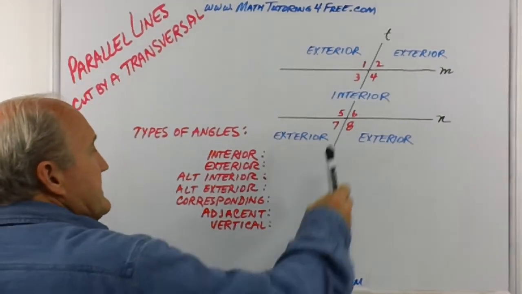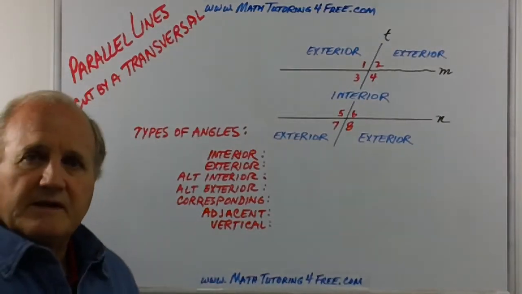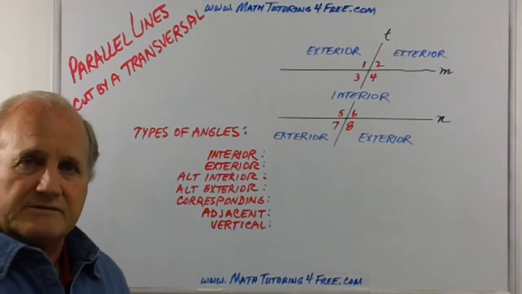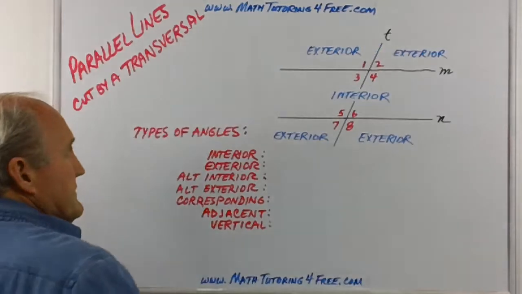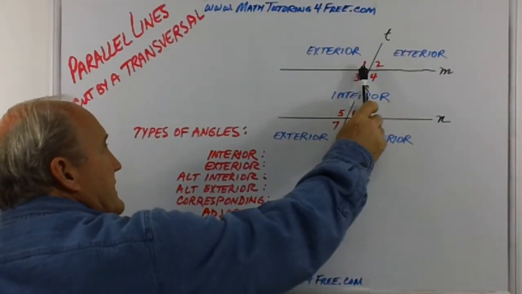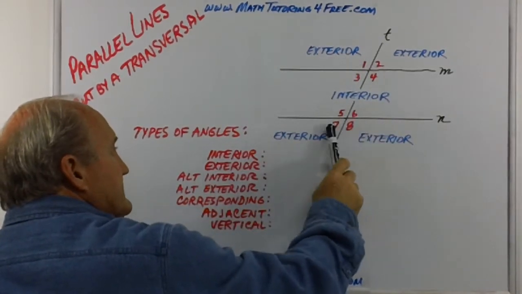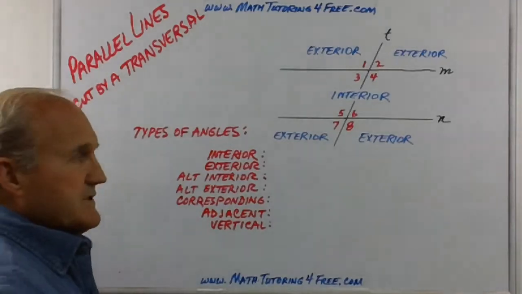Let's look at these 8 angles, and they each have a name, and their relationship with other angles is important. We start by naming up in the upper left-hand corner here: 1, 2, 3, 4, 5, 6, 7, and 8. You'll notice I also had the